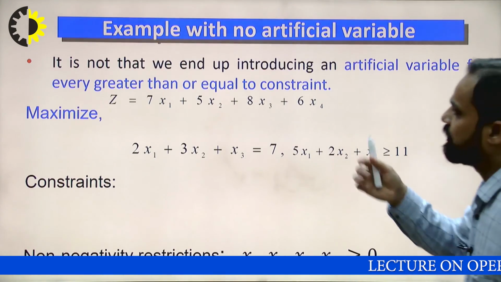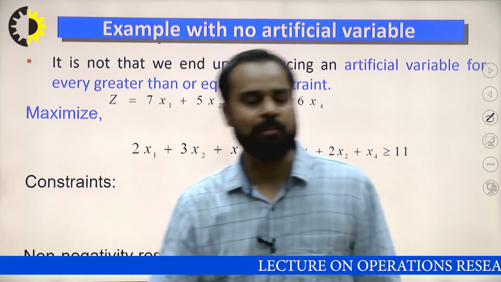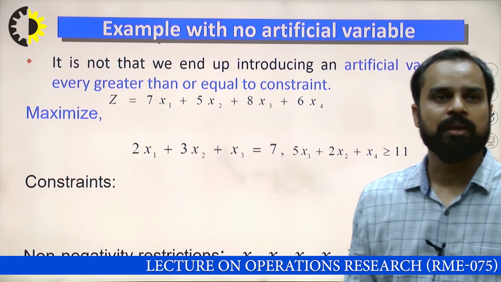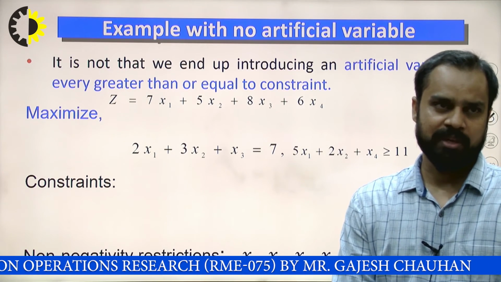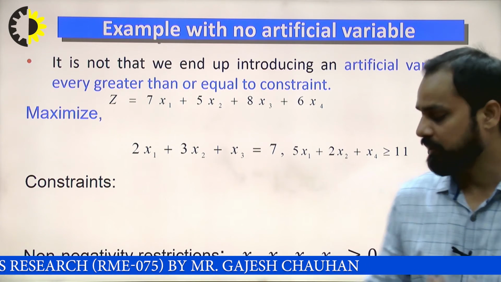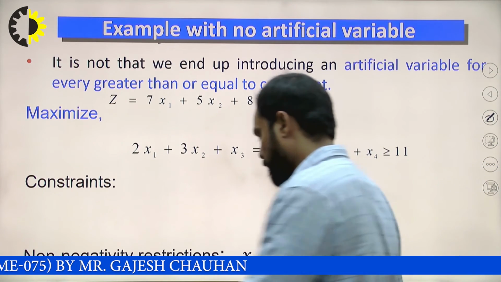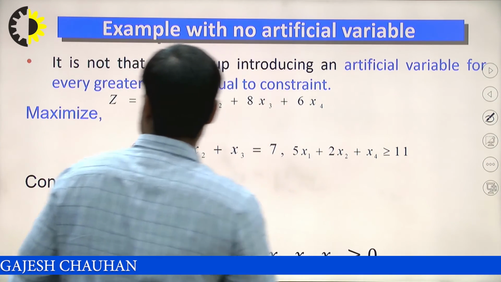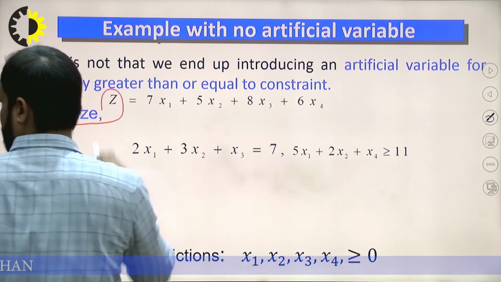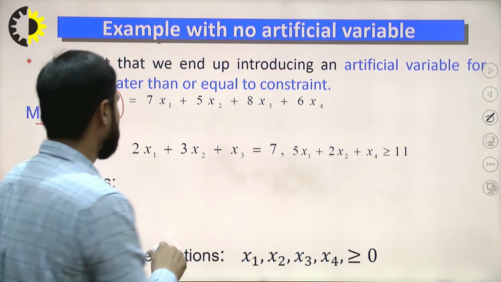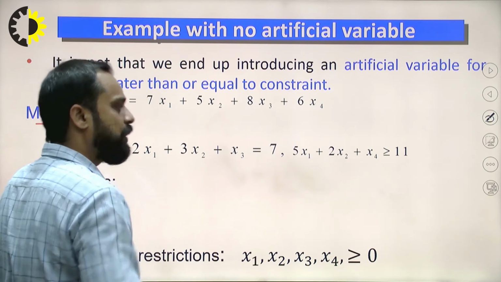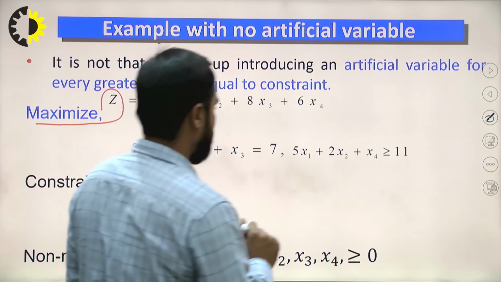So this type of example is related to the equality constraint and I have already discussed these things. Suppose I am taking an example. In this example, there is no requirement of the artificial variable. Just like this, we can understand. The problem belongs to maximization, and these are the constraints. Suppose it is an equality type constraint. I am not adding any artificial variable.